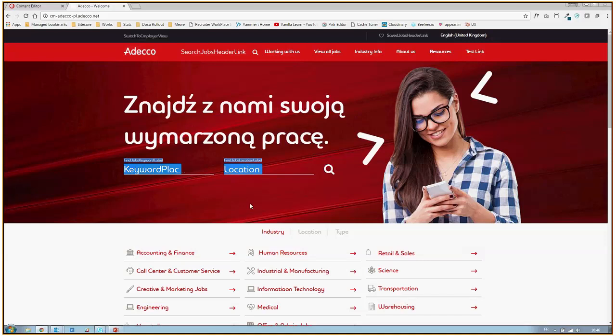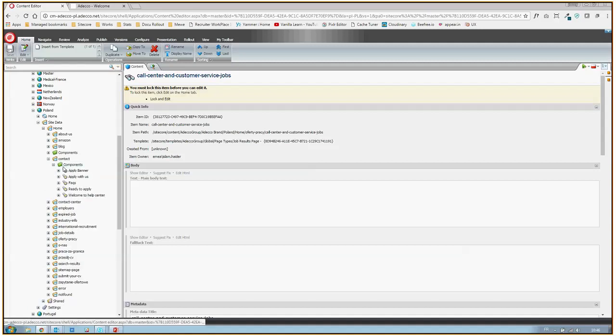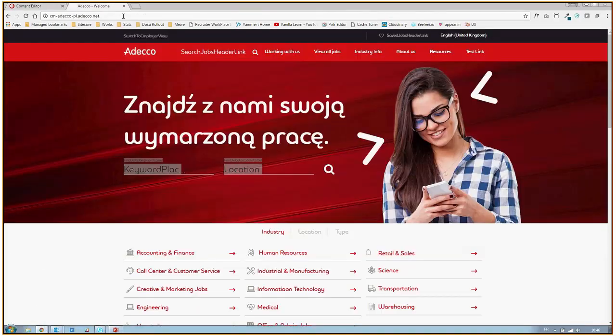So this is all working. So we have an item, and into this item we have different components. And into these components we have some text. So here, for example, if I go to my contact page,